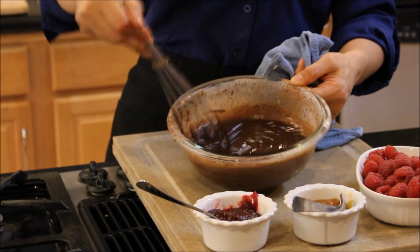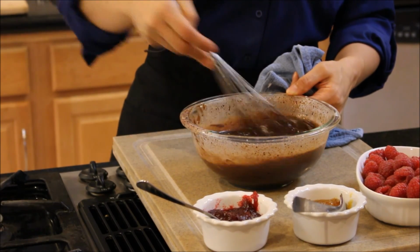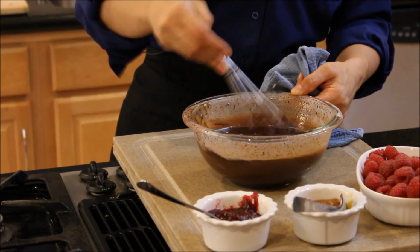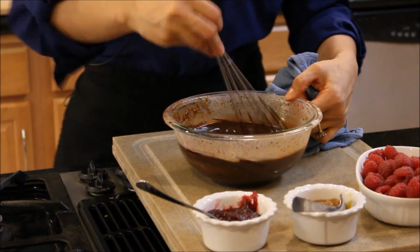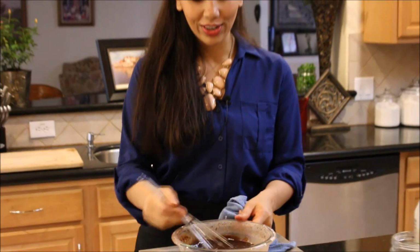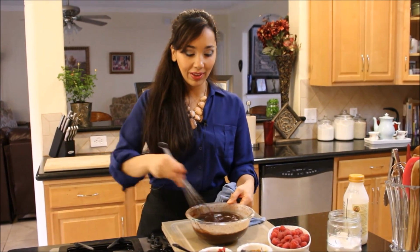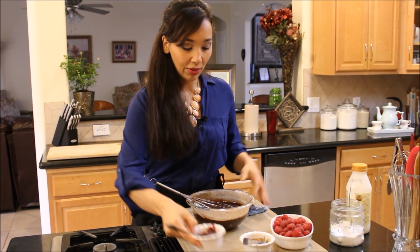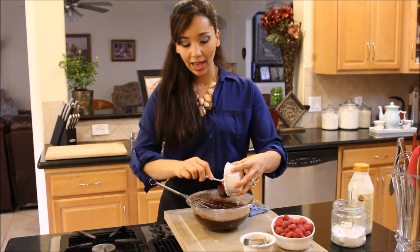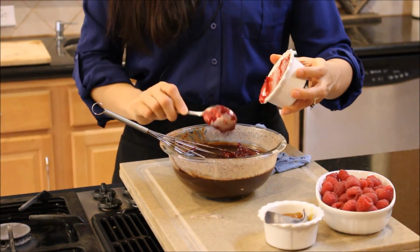I mean, take a spoonful of that and put it in some hot milk, and you'll have the best chocolate milk you've ever tasted in your whole entire life. But we can't do that because, you know, we have to focus on what we're doing, and we're making a chocolate raspberry tart, and we need to use all of this to put in that cookie shell. So now the chocolate is melted, it's come all together. I'm going to add my raspberry jam into this and whisk it up